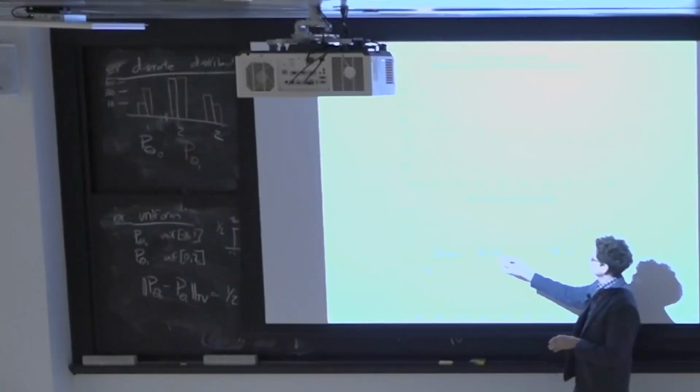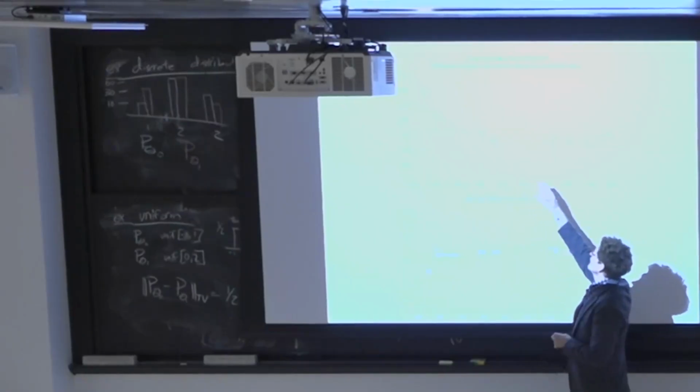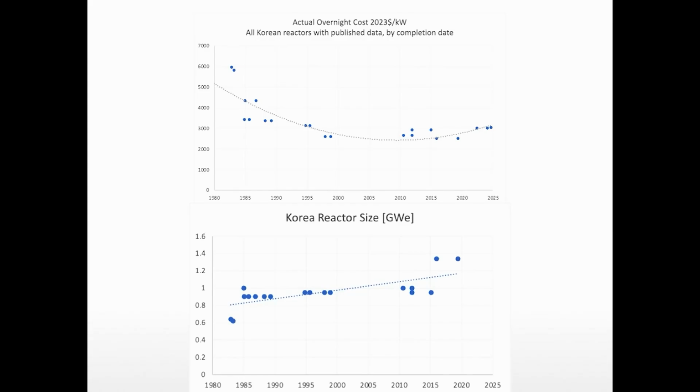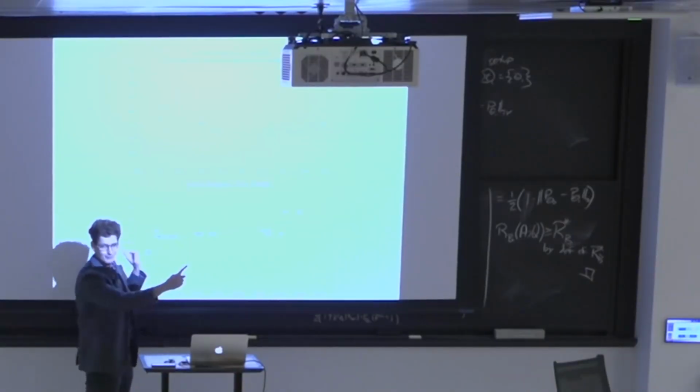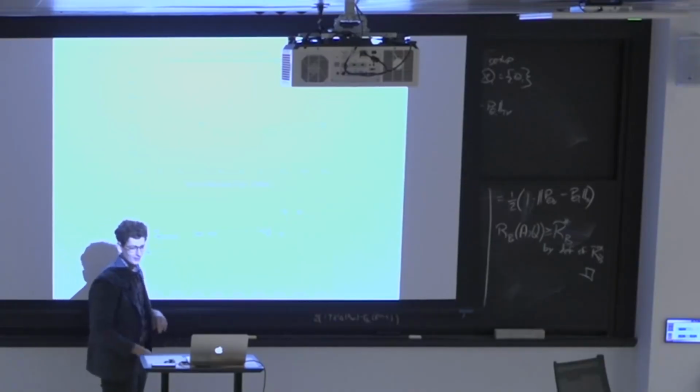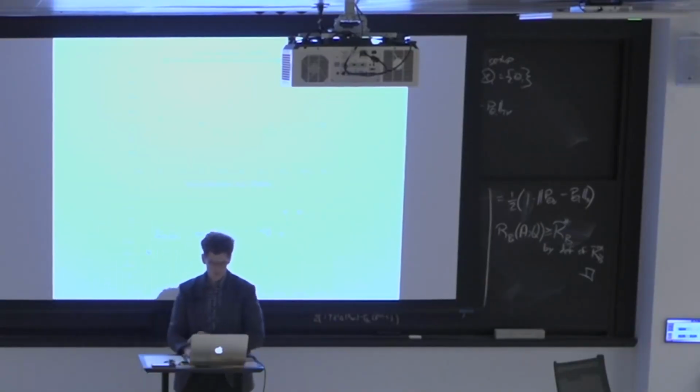The reactors were getting larger, the costs were coming down, and then the better safety standards pushed the cost back up, right? It's kind of rough because you have to remember that these are not points. The durations of construction are large and so on. So it's hard to see the correlation, but